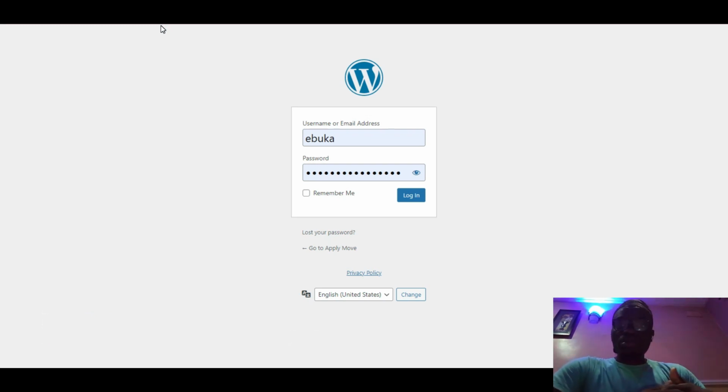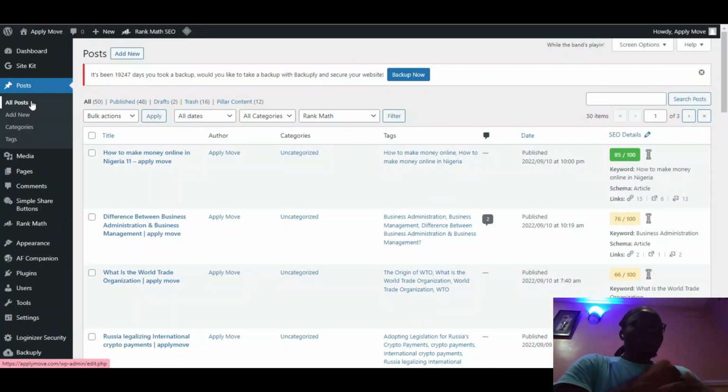Of course, after installation of WordPress, you're also going to see that on your dashboard. So once you get here, you input your details and everything. After that, click on login. Once you get to your WordPress dashboard, it's going to look like this. Okay, so you might want to go ahead and change your theme,